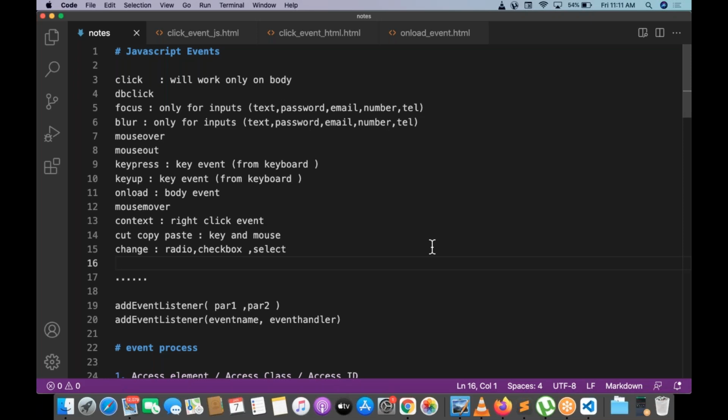Every class is going to have some chaining, some linking process. Yesterday's class has some link, maybe today's class and tomorrow's class also have some link. My sessions are going to be a linking process: step 1, step 2, step 3, step 4. At the end of the day, you have to develop some application using JavaScript. Is it clear? Okay.